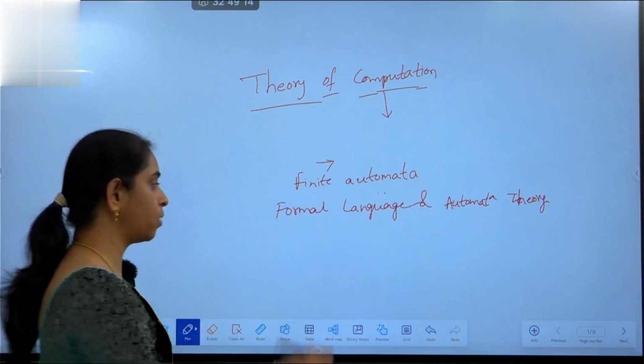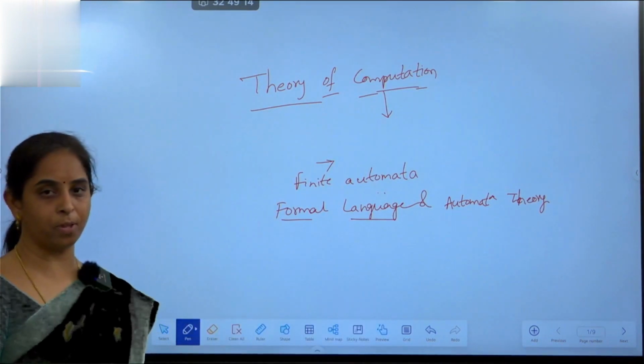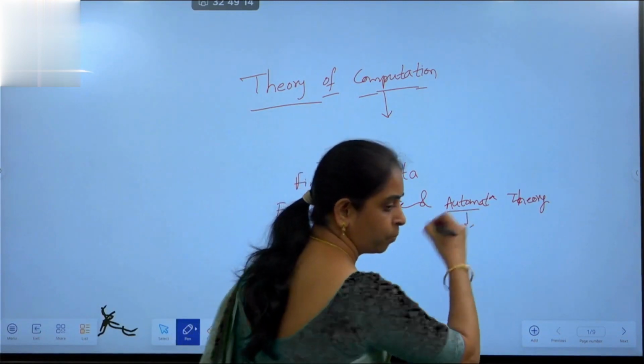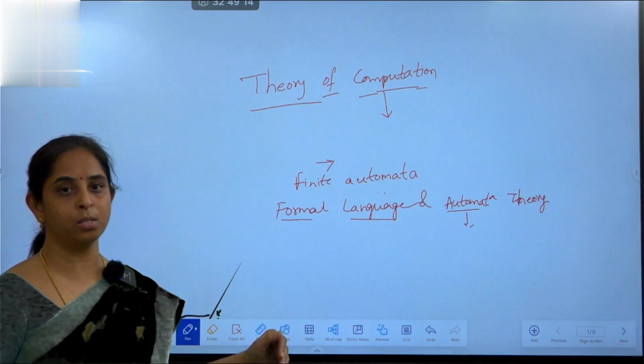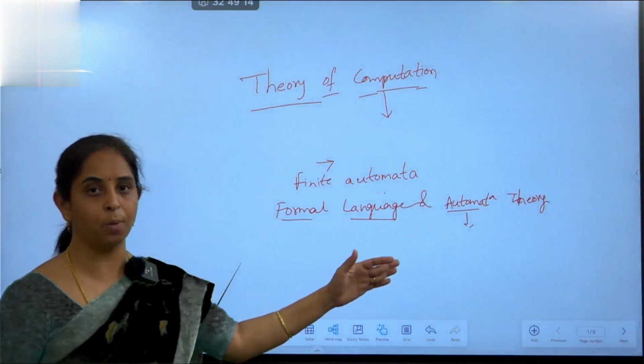In the name itself we have formal language, so we develop automata with the help of formal languages. So what is meant by automata first? Automata develops formal mathematical models that give solutions to computational problems